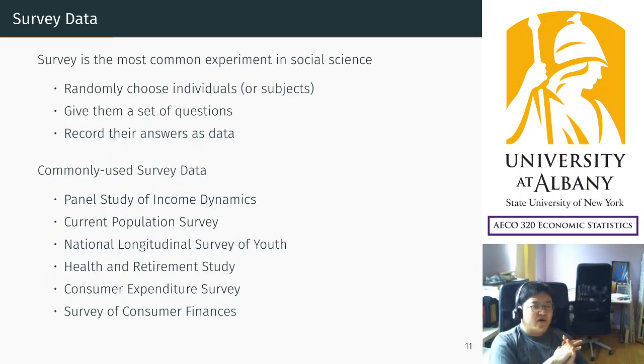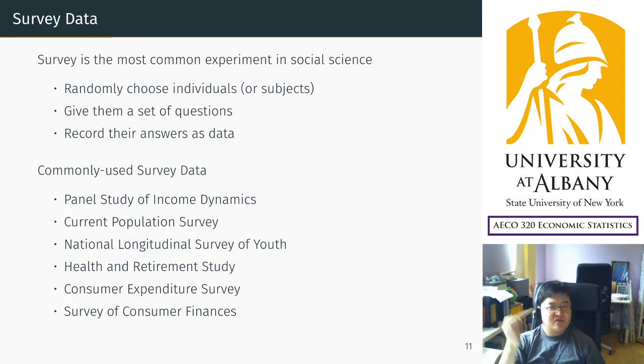The most common example in social sciences is a survey. A survey is the simplest and most common experiment we can think of. For example, wage distribution or household income distribution. What is random? All the income distributions are fixed. So for example, I would like to see the average household income. Then what you're going to do is a survey.